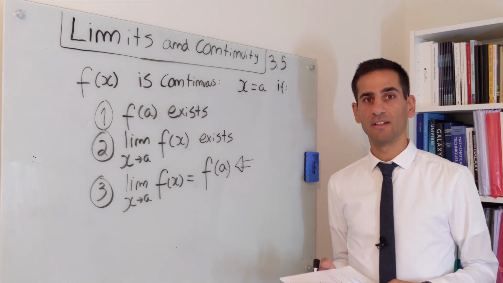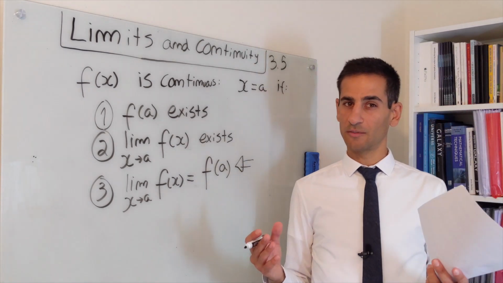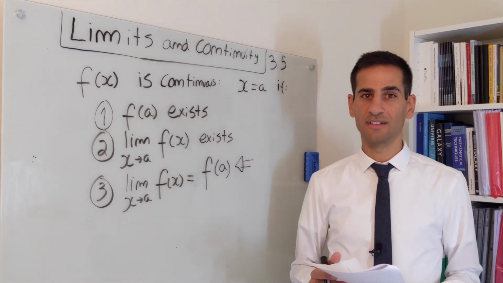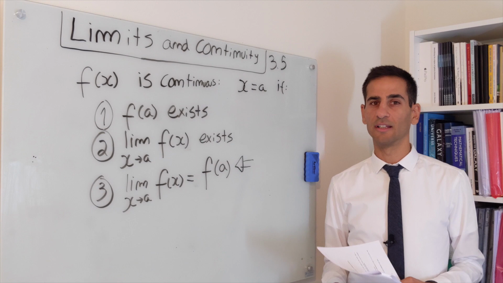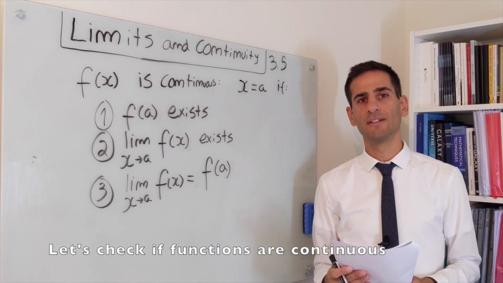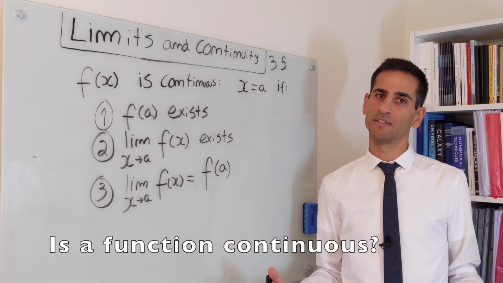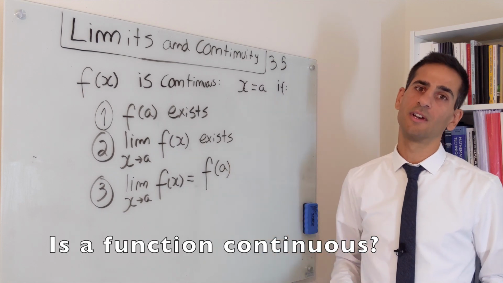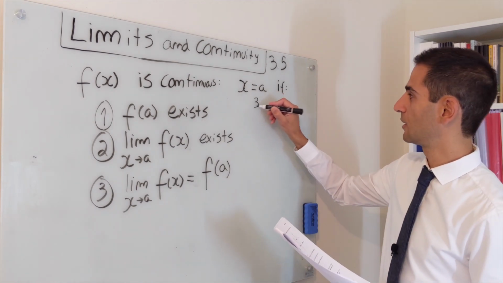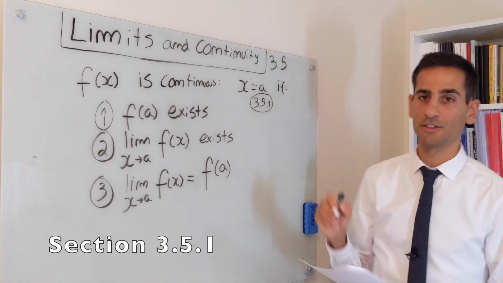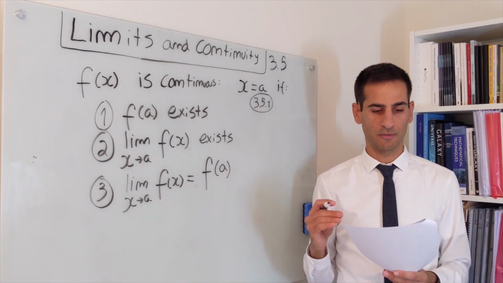So this is something that we're going to use and explore once we look into functions of more than one variable, where checking whether the limit exists is incredibly complicated. But if we know that the function is continuous, then we can actually calculate it very nicely. What we need to do is use this and try to apply it to specific functions. Try to find out whether specific points on those functions are continuous. So you can check this in section 3.5.1 in the lecture notes, and I'm going to try to guide you through the process of how you would do it for any general function.